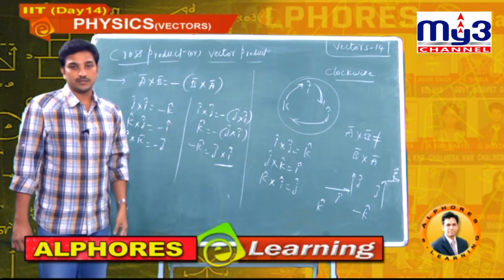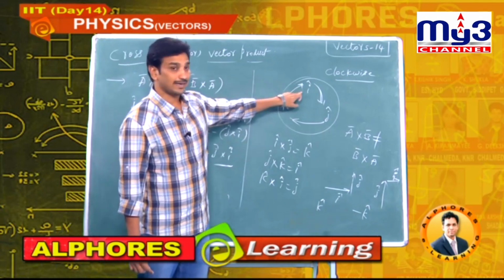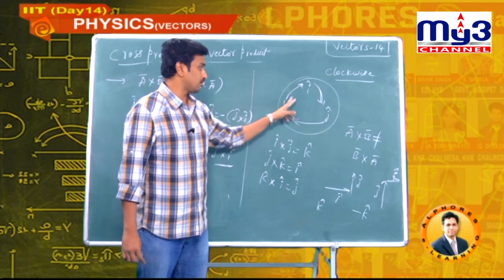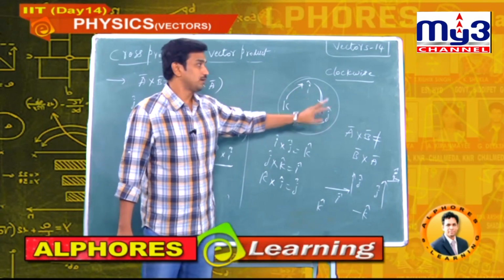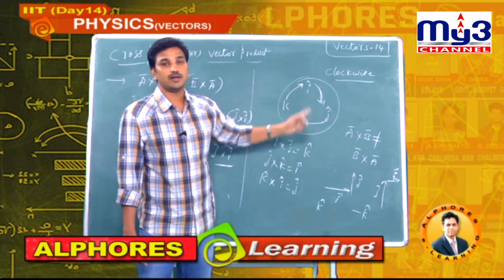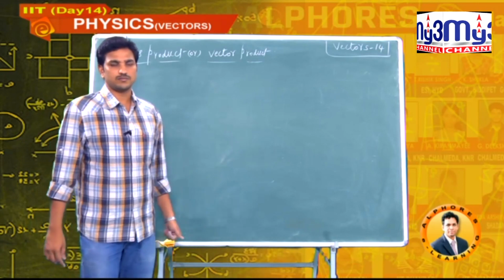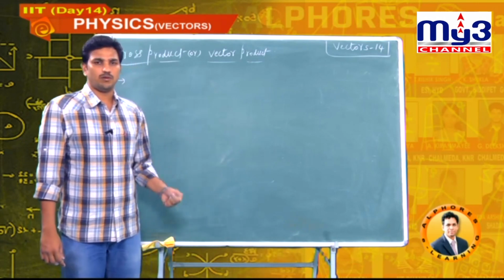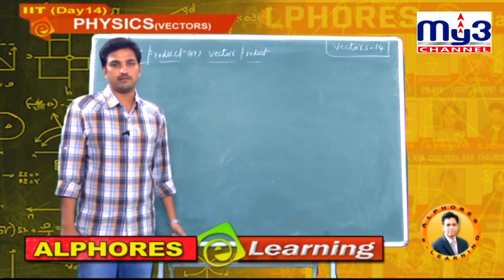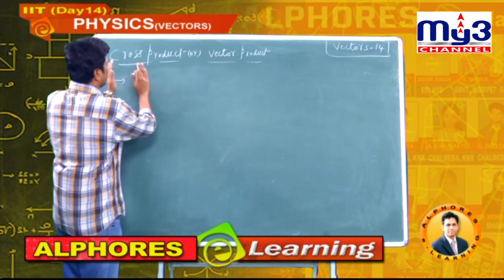So, in this manner, we will calculate the direction of cross product. It is very important, you should remember this circle. I cross j is k, j cross k is i, k cross i is plus j cap. Clockwise, if you observe, those are all positive. Anti-clockwise, those are all negative. I will tell you how this cross product is used in physics also. First, we should know how we are doing cross product. After that, we will go to some numericals in physics. First, let me explain how we will apply this cross product.